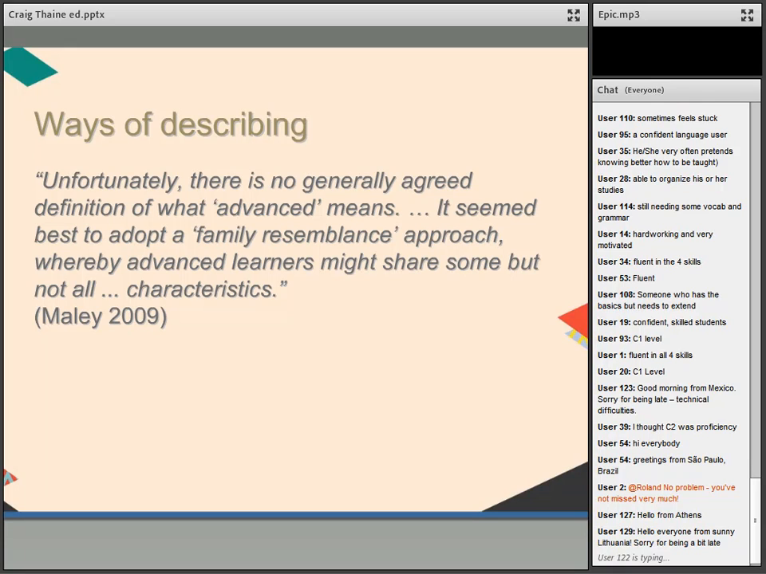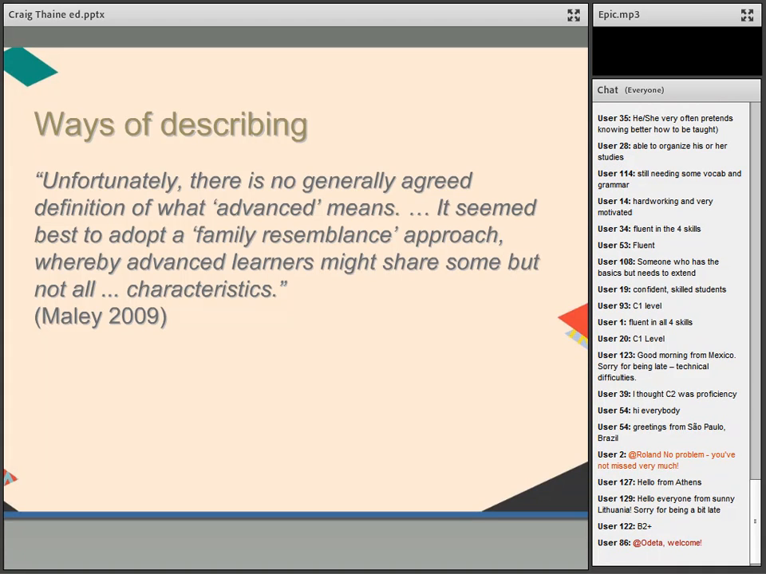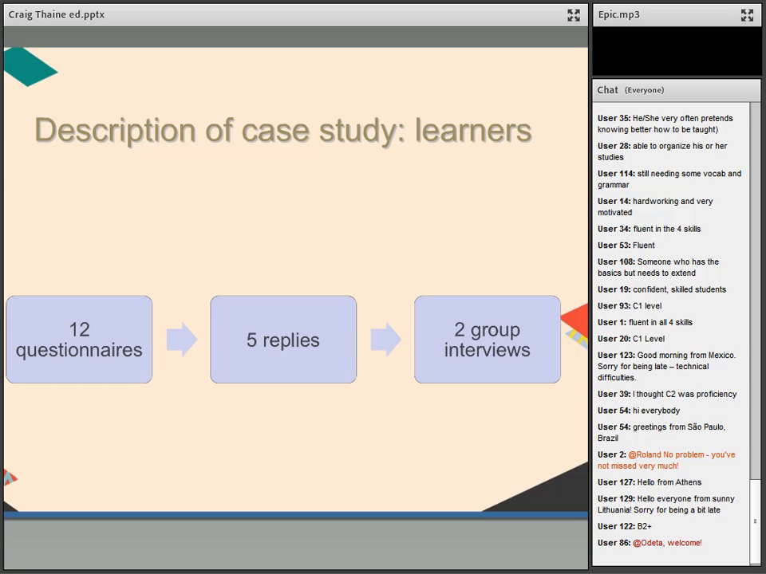So that really is my starting point, is acknowledging the fact that advanced level learners are a little bit difficult to describe, and they don't all behave in exactly the same way, which is maybe a good thing. So let's move on and look at my case study,